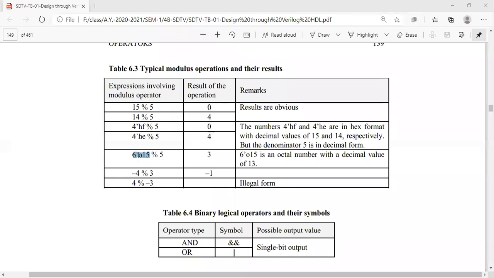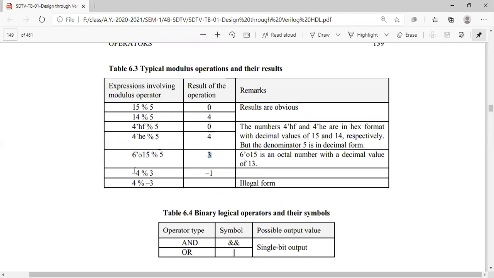Generally, when we are in the flow, we forget that it is an octal number, and we may think of this one as a decimal number automatically, and we may think that it's perfectly divisible and that the remainder will be 0, but you have to observe properly. It's an octal number, so its value is 15, right? Octal 15 is equal to 13 decimal, right? So you will be getting a remainder of 3.